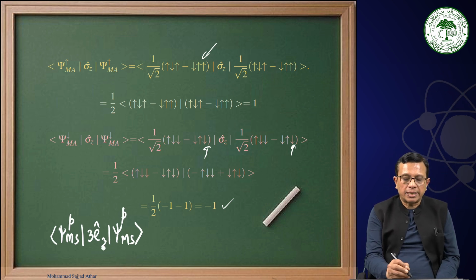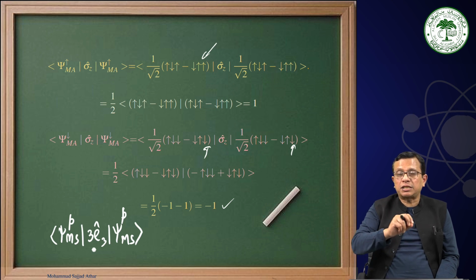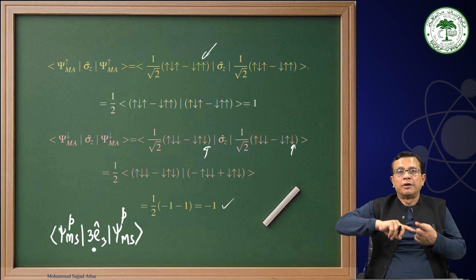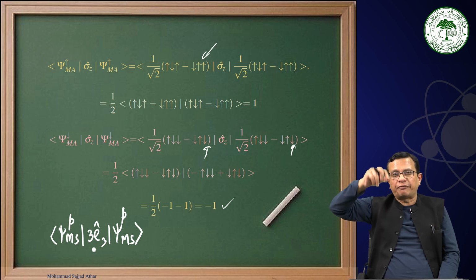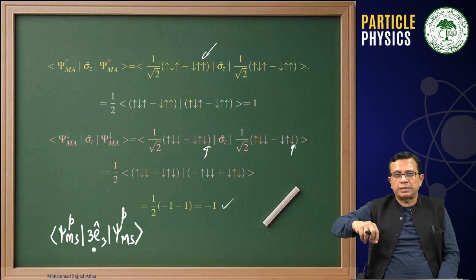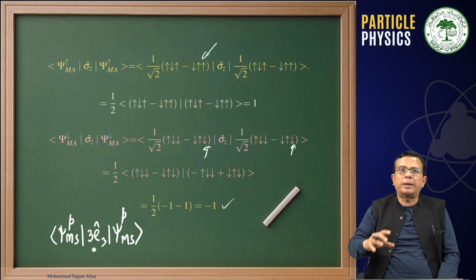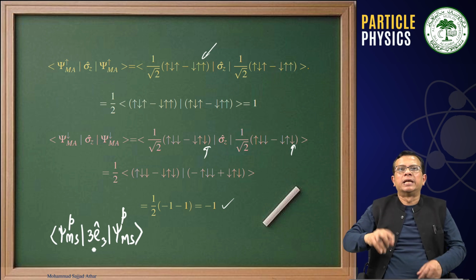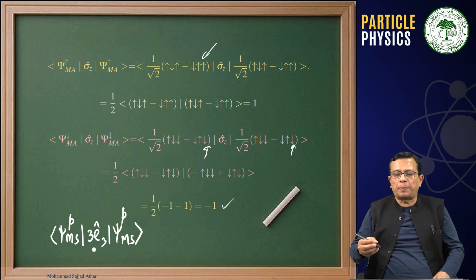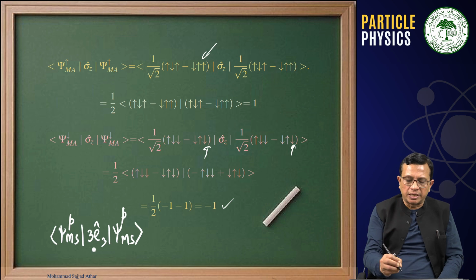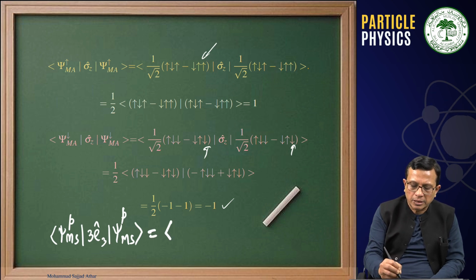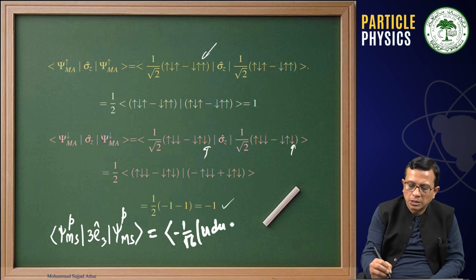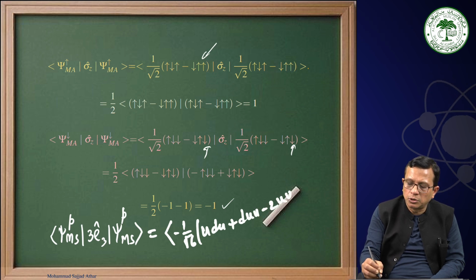For the proton case, see, this factor of 3 is coming because we don't want to evaluate it for particle in state 1, particle in state 2 and particle in state 3 independently. Instead of that, we are saying that an equivalent result we will get if E3 will operate on the particle which is in state 3. Therefore, this will be minus 1 by root 6 (udu plus duu minus twice uud)